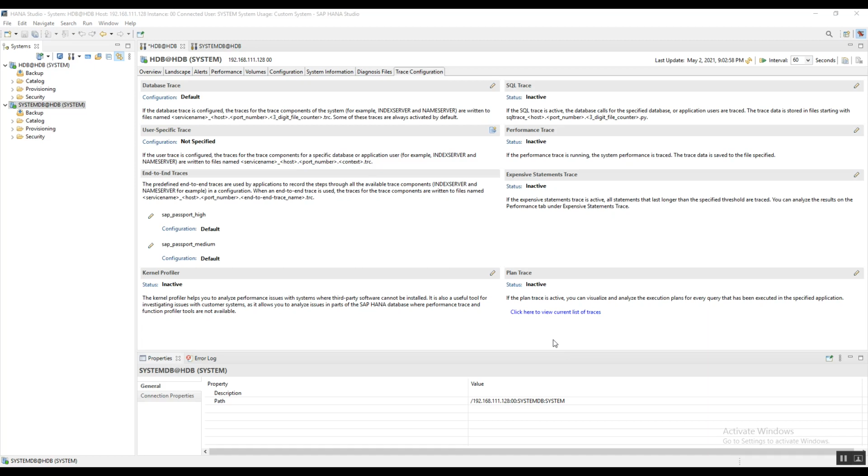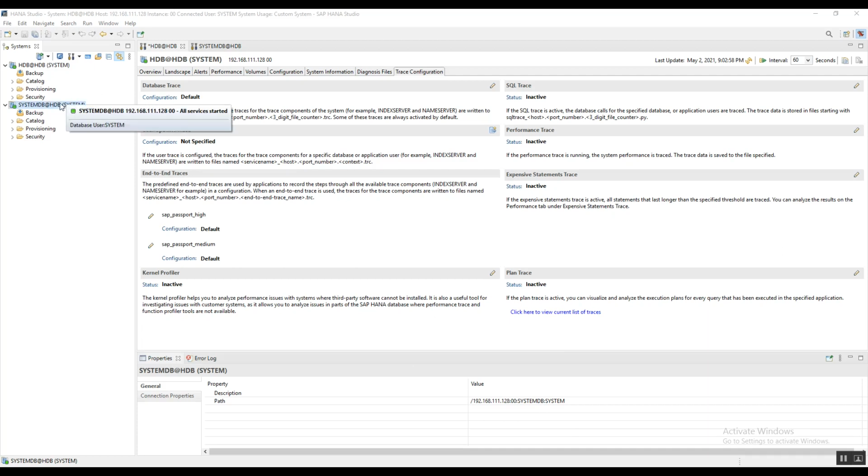If that password is already saved in HANA Studio, then it won't ask for it again. But if it is not saved, if you are doing it the first time, definitely it will ask. There is no specific database privilege required to perform the restart of the HANA database, but we need the SIDADM password. And the second thing we require is HANA Studio. So let's see what the different options are.